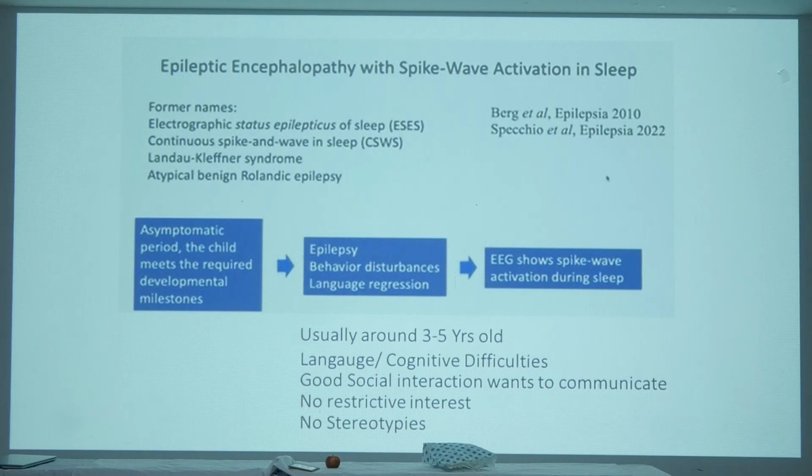In this subgroup, in the Landau-Kleffner syndrome, sometimes there may not be epilepsy. They present with the acute deterioration in the behavioral disturbance and language regression, what we call as an autistic regression. So epilepsy may not be the component, but they presented with the behavioral disturbances and language regression, and the EEG shows, especially in the sleep, continuous spike and wave discharges.